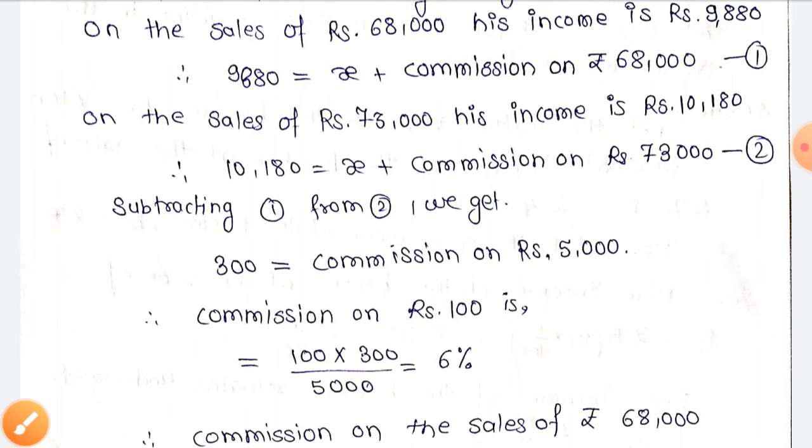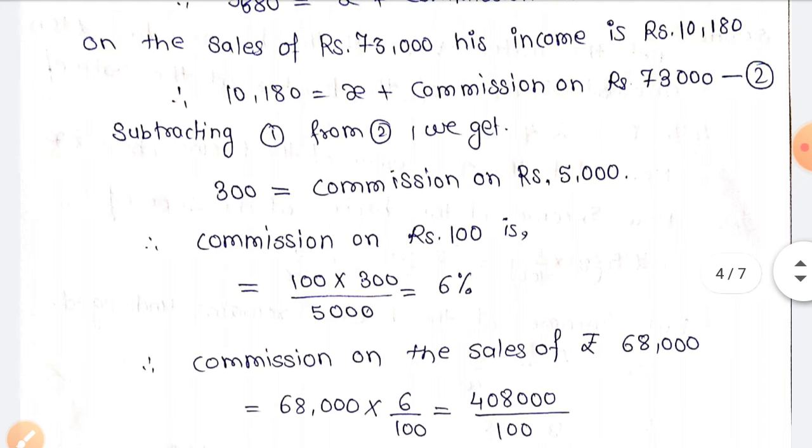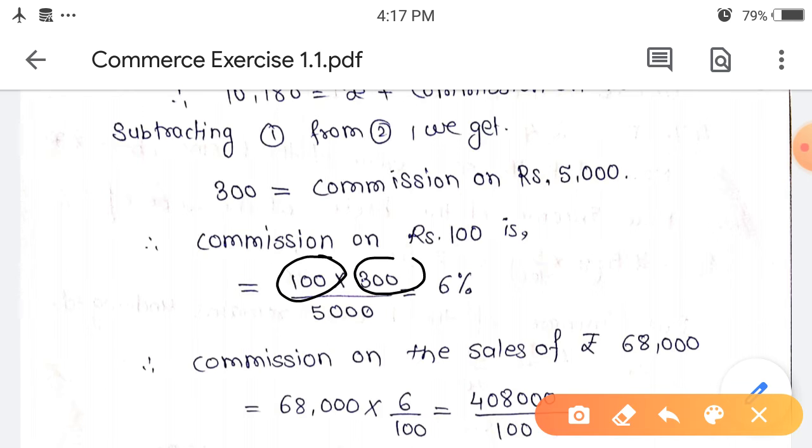Now to find this term, the commission on rupees 100 is, we'll find it. Commission on 100, how much it is? 100 into 300 divided by 5,000. How much it is? 6%. Okay, normally where commission is not given we consider 100, so considering 100 we will find that percentage. Okay, so